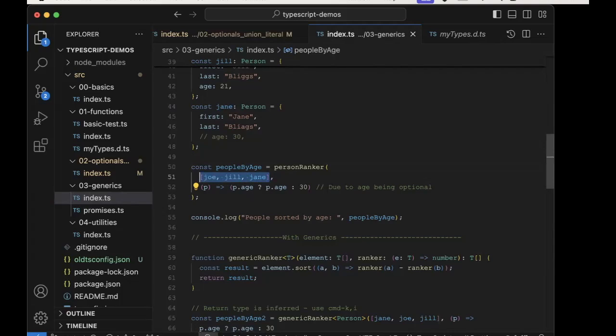It takes a person object. I'm using type inferencing, so p is going to be of type person. And what I want to base the ranking on is the person's age. But the problem is I can't just go p.age